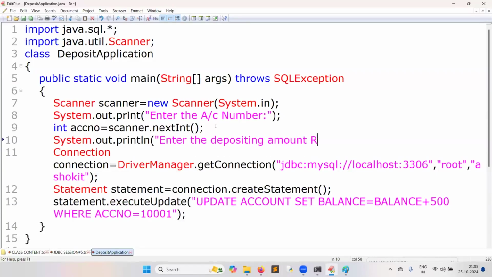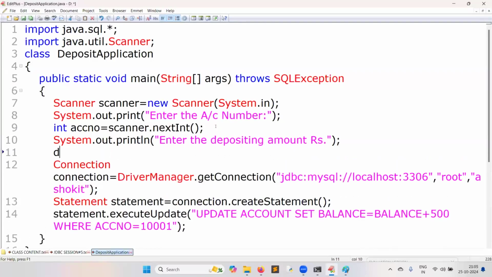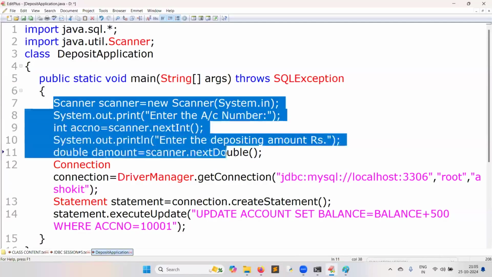Then double damount, the depositing amount, is equal to, what is the method? scanner.nextDouble. So this is the way to read the data from the keyboard.